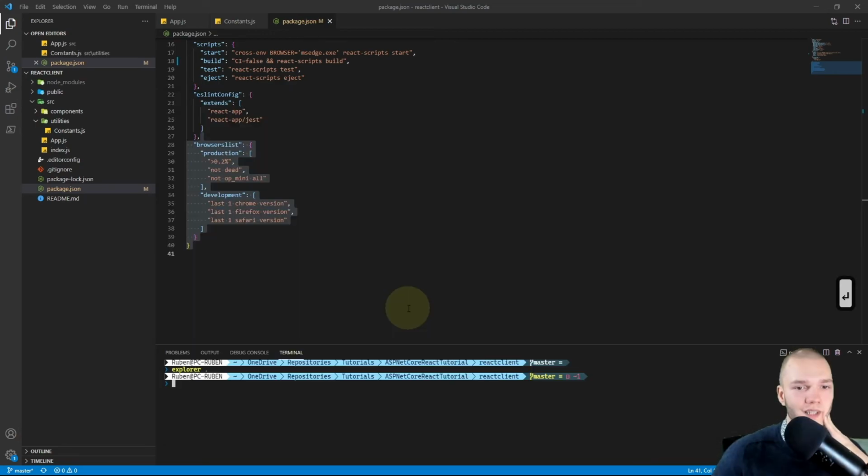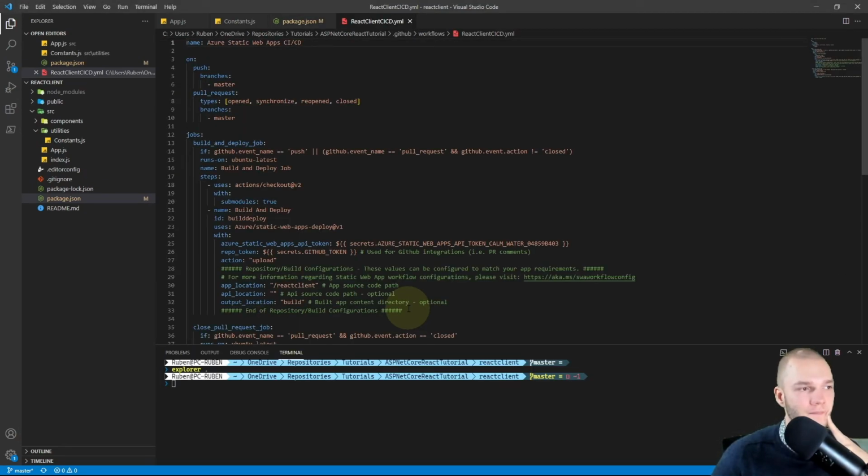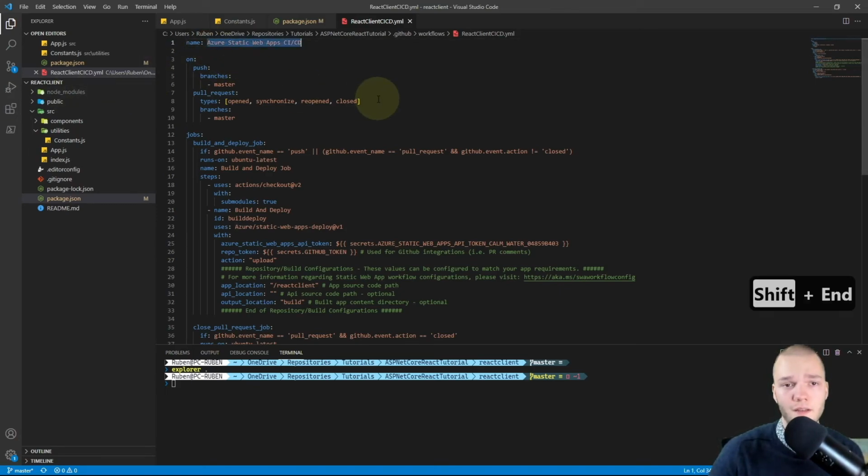I'll just open that with enter. I'm not going to go into specific GitHub YAML syntax here. I'll leave a link in the description below if you want to read up on that. But I just want to make a couple of important changes here. First of all, I'll change the name to be the same as the file name.